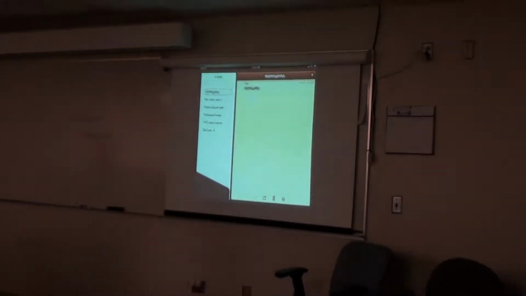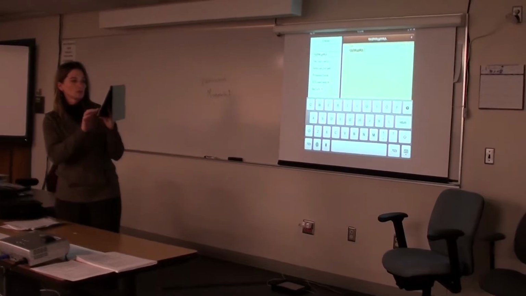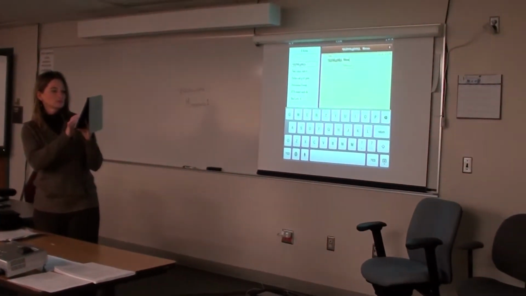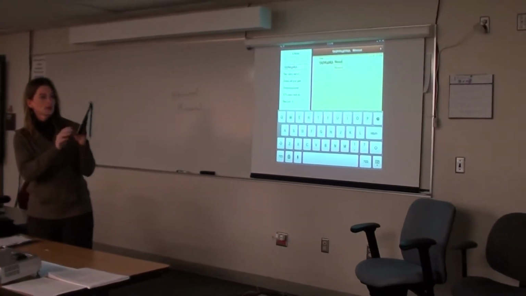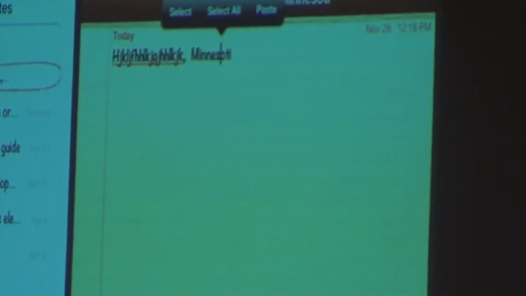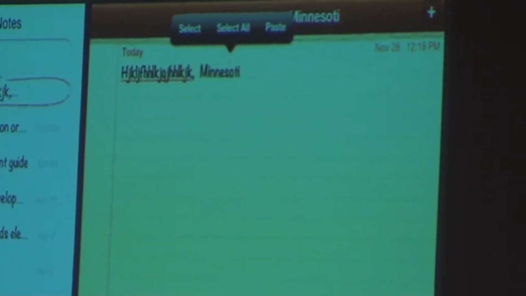Maybe I should type a real word. Sometimes, if you have it set in your settings, it'll give you words that you can select, and if you hit your space bar, like I have Minnesota almost written, if I hit my space bar, it'll drop Minnesota in there for me. If I spell Minnesota wrong, and I highlight it, and you hold your finger on there, it'll give you options how to select